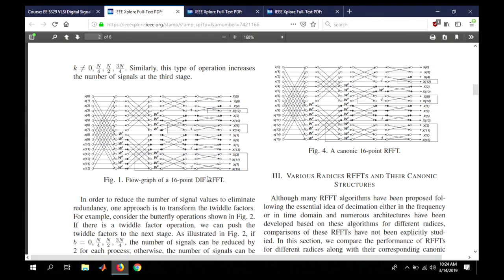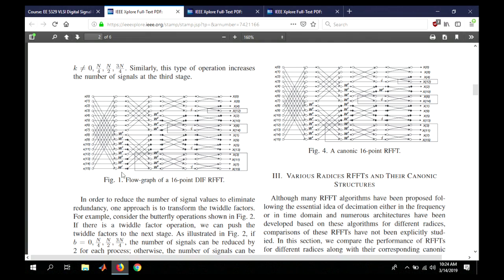So think about this. Let's say that we have a 1024-point FFT. In a 1024-point FFT, there are twiddle factors after every stage. So there are 10 FFT stages. There is no twiddle factor at the output stage, but the remaining 9 stages contain twiddle factors. What radix 2 squared does is it reduces the twiddle factors from 9 to 5, or in general from n stages to half log n stages.